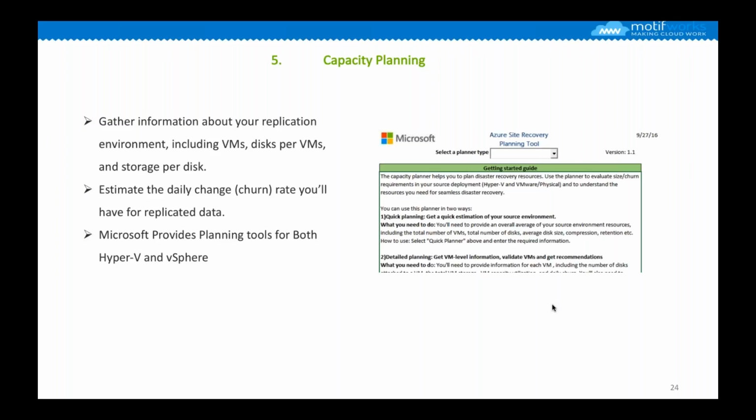Along with those tools that I was talking about, there's another thing that Microsoft offers. It's called the Azure Site Recovery Planning Tool. It has two different options: one is quick, and another one is detailed.